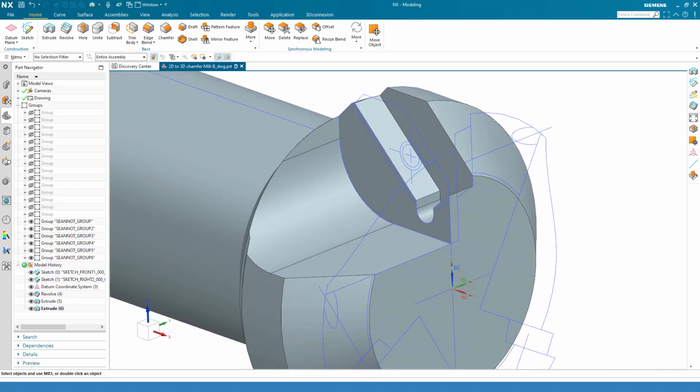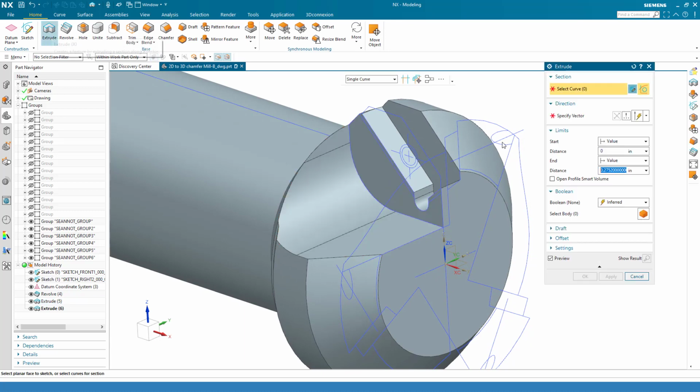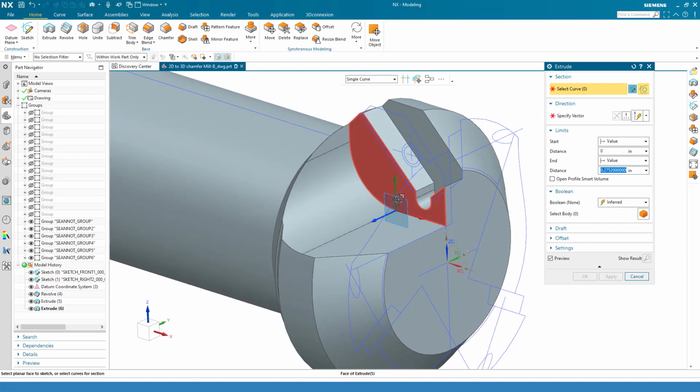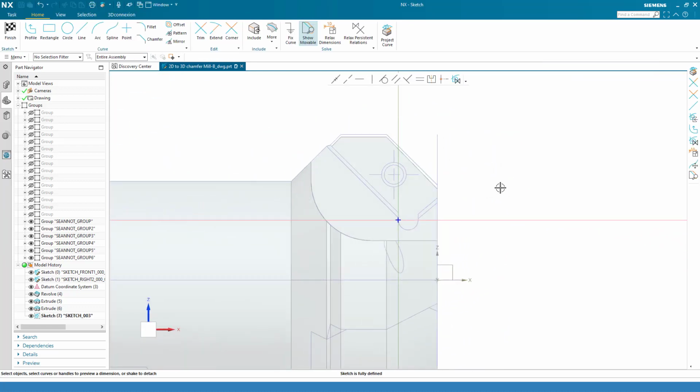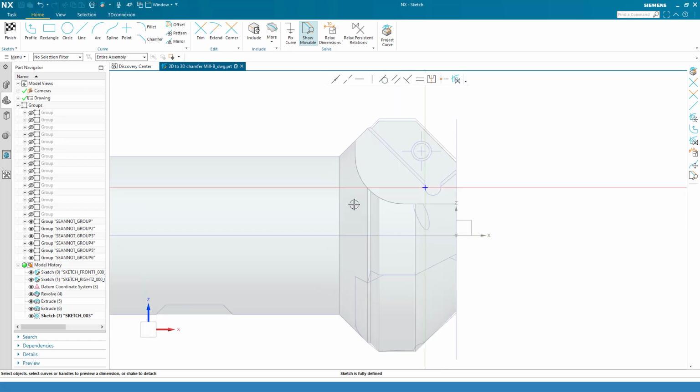Okay, so the next one is going to be, I'm going to go ahead and remove material here as well. So I'll basically repeat the same thing again. So we'll go ahead and use that, and I'm going to go ahead and create a plane here, and this time because I am going to remove all the material, since I already have geometry there,